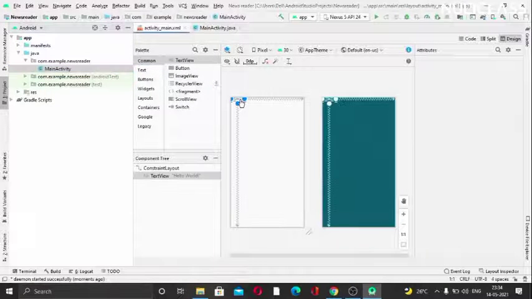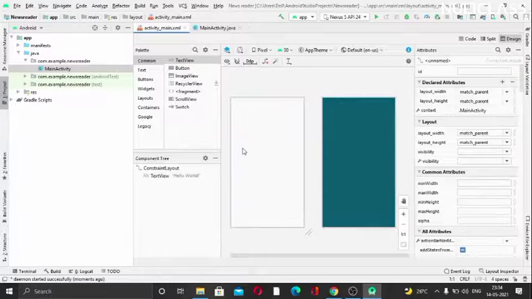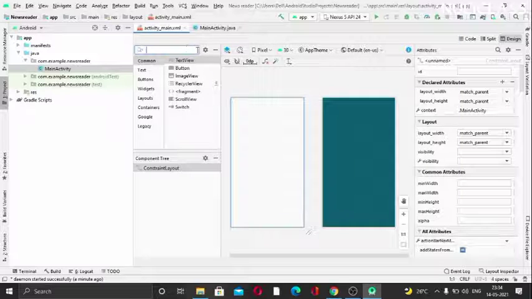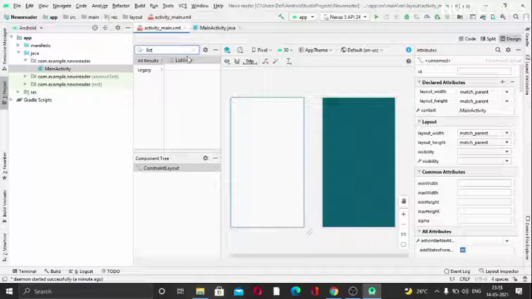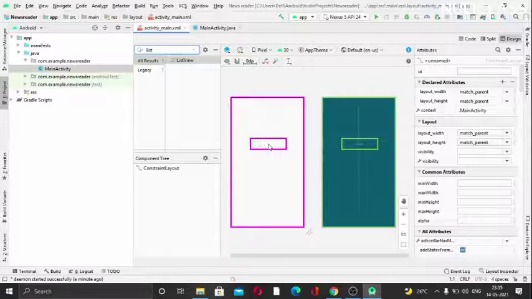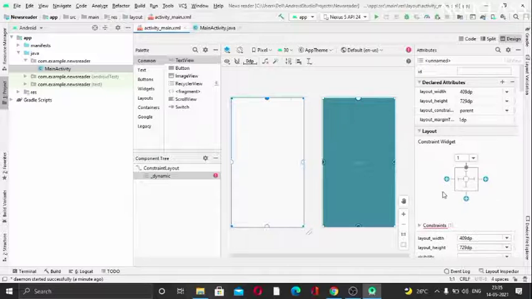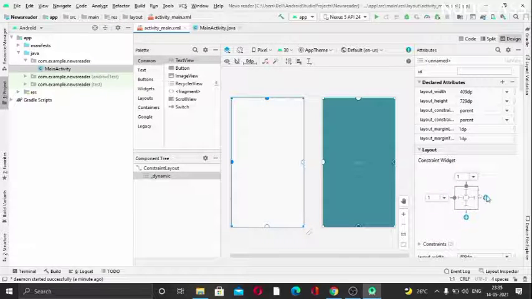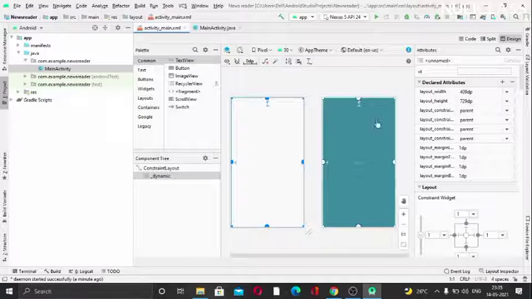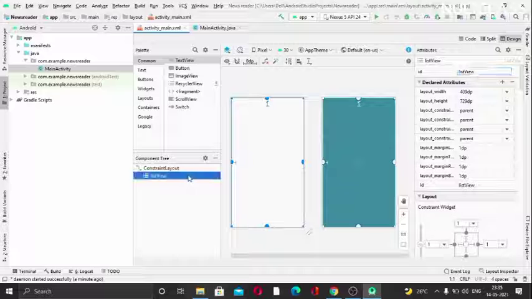This is ready. I'll just delete this default button text, sorry. Now initially we want the list view here, so we will be using a list view. This is our list view. I will just drag it down here, and it will automatically fill up the screen. Just give it the required constraints. Okay, so this is done. I will give it an ID, listView.